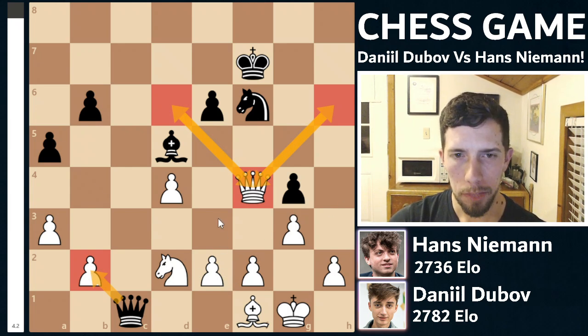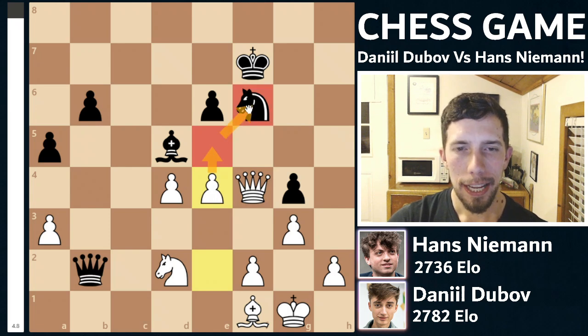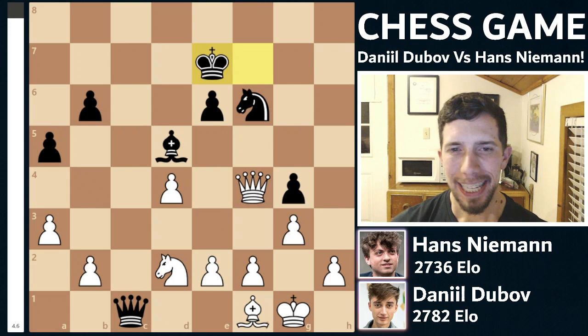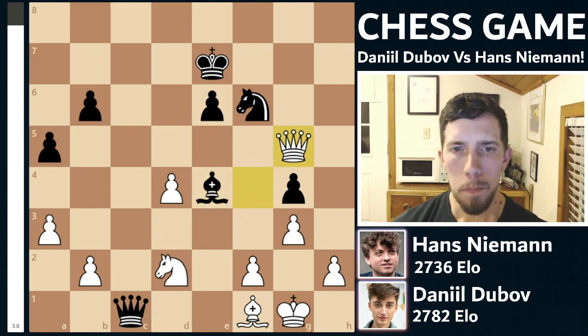And keep in mind, e4, then e5 is still being threatened. For example, if black takes on b2, then bang, e4 and attacking e5 wins the knight, and white wins the game. So instead, here, Hans, king to e7 is the move, getting out of the attack, out of the pin of the queen. Now we have e4 all the same, bishop takes, and then queen to g5, pinning the knight